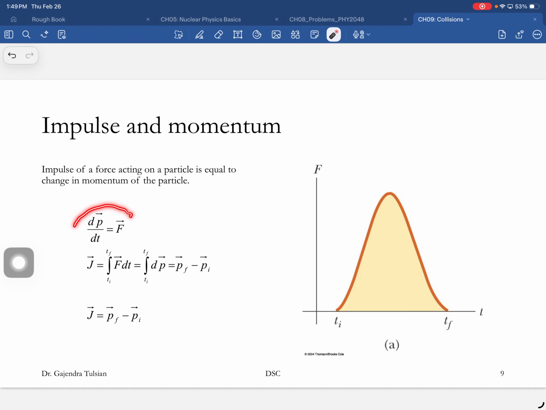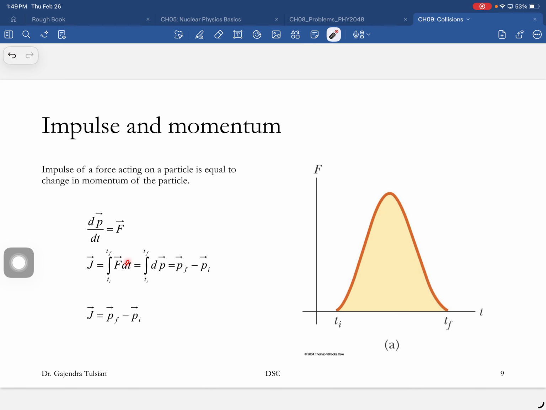All right, so here is Newton's second law. Force is equal to rate of change of momentum. So again, this is the mathematical equation, so we can integrate both sides. This is the force that depends on time, so we'll integrate this with respect to time, and that'll give us this area. That is called the impulse, so here we use the symbol J for the